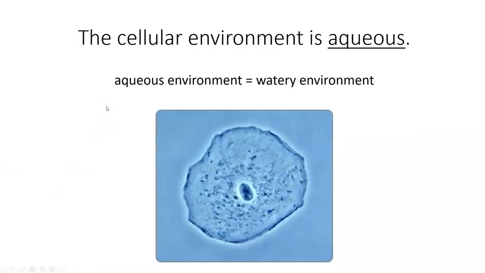The cellular environment, remember we talked about cells earlier. We are made up of trillions of cells, and all of those cells are filled with water. So without water, there's no cells. Without cells, there's no us. All of the chemical reactions that take place in your body happen within the aqueous environment of the cell. Aqueous, you can pronounce it either way, is just another fancy word for watery. So an aqueous environment is a watery environment. All cells are aqueous. So yes, you can see the organelles, the pieces of the cell, the machinery of the cell that does all the chemical reactions, right? But all of those things are floating around in water.